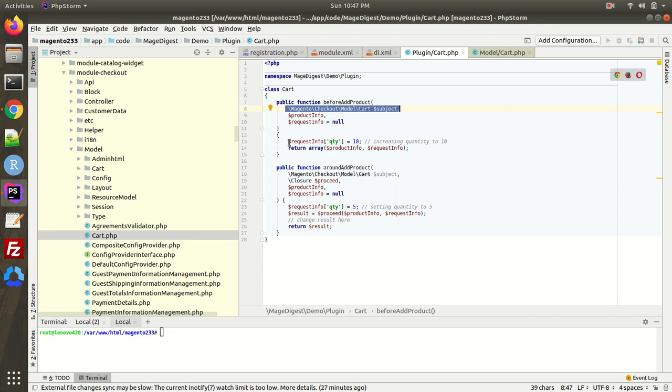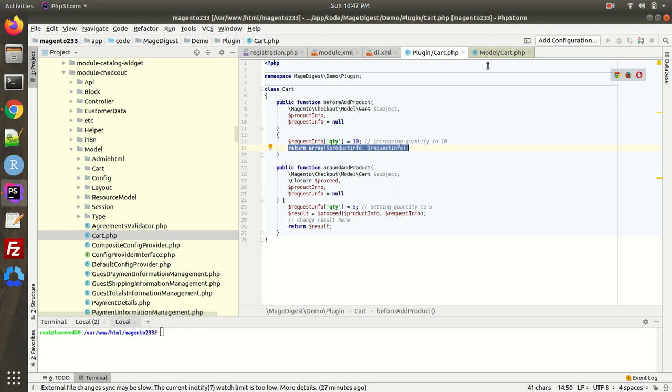Now what we are doing is injecting this quantity and giving it a fixed value, let's say 10, and then we are returning this request quantity. That means we are giving a fixed quantity. Whenever a customer clicks on add to cart, by default 10 products will be added to my cart. Now after injecting it into the request info, I am returning it.